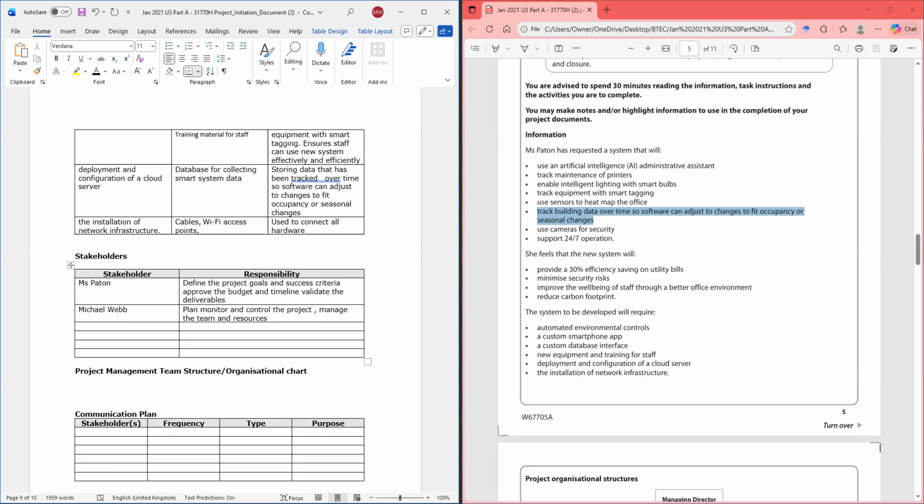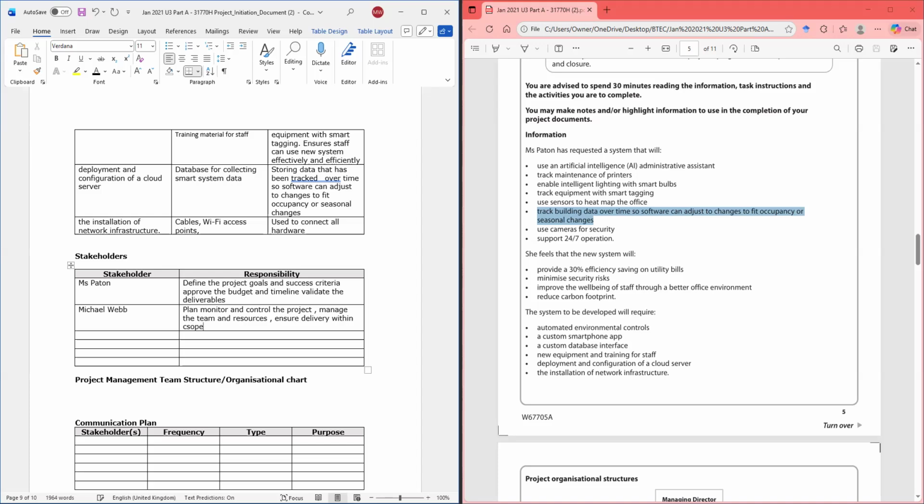I also have to ensure delivery within the scope, time, and budget. That's the iron triangle.